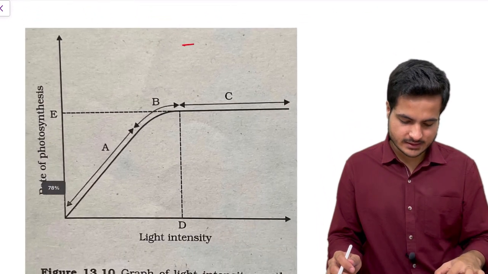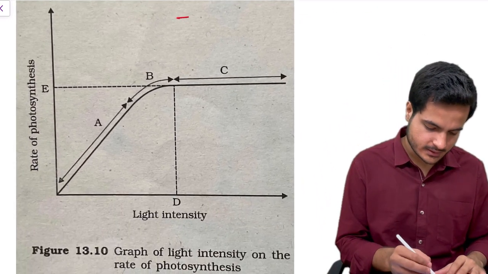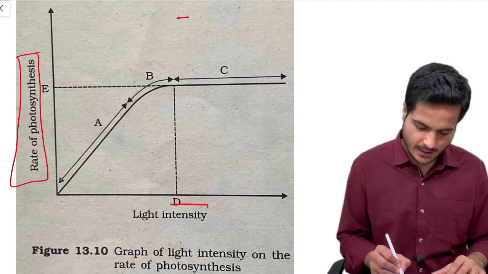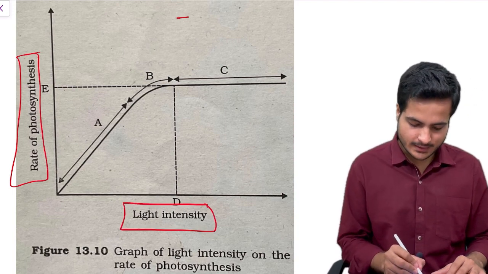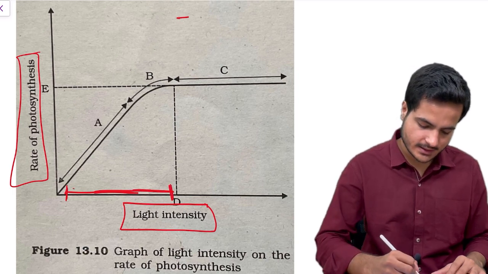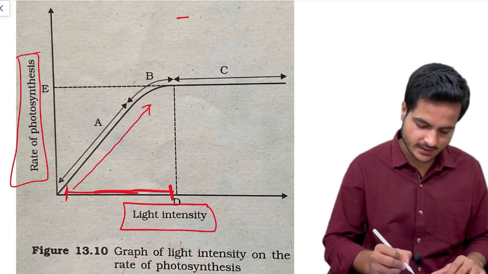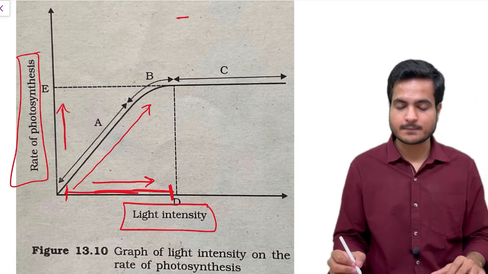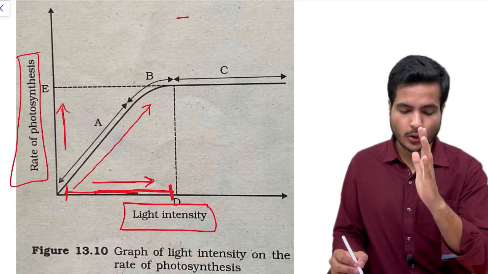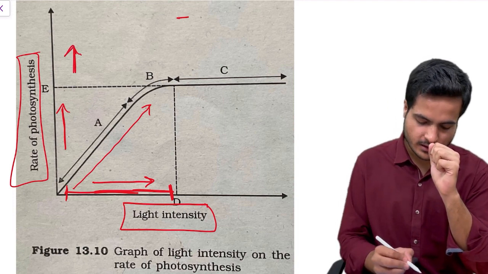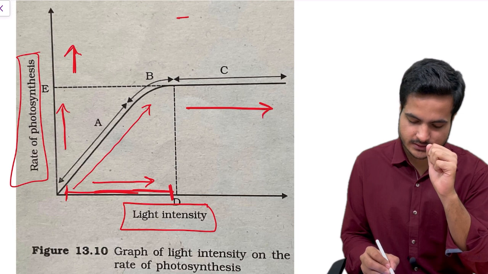Now let's see this graph, which is plotted for the rate of photosynthesis against light intensity. At lower light intensity, say from this point to this point, you can see there is a linear increase in the graph. As we are increasing the light intensity, the rate of photosynthesis is also increasing. But after reaching a particular point, there is no further increase of the rate of photosynthesis when the light intensity is increased, just because